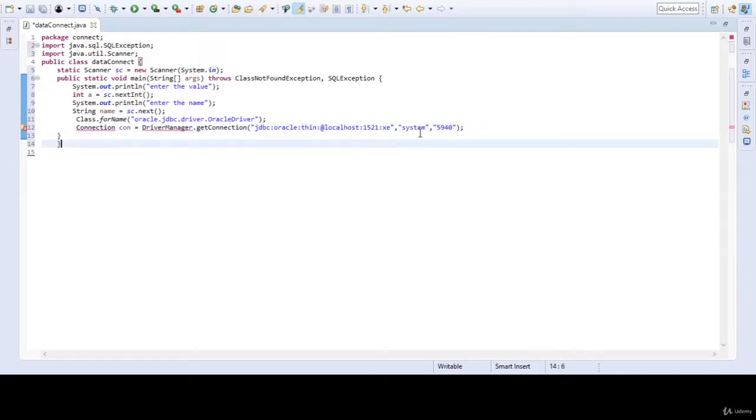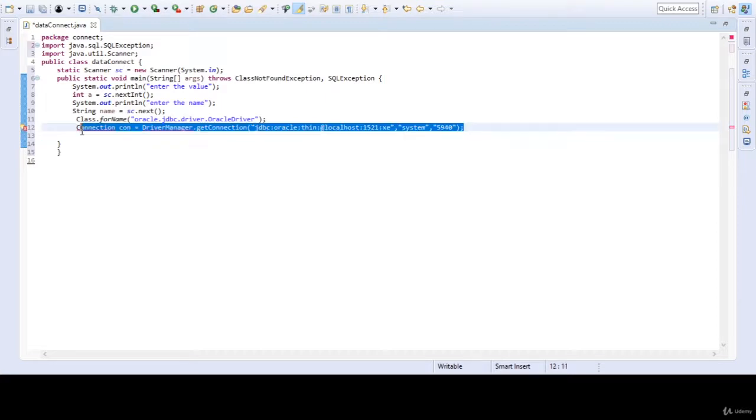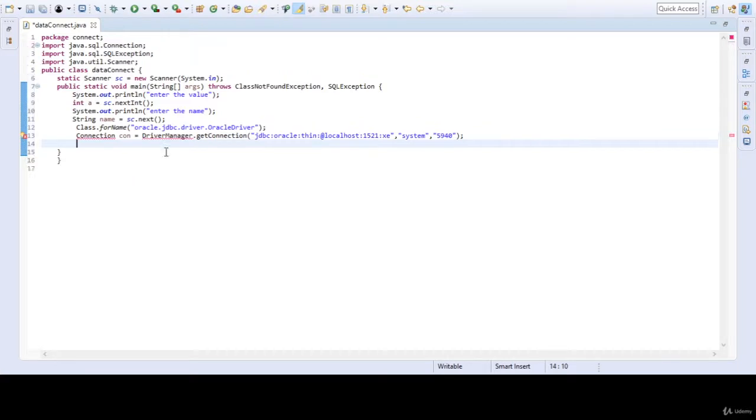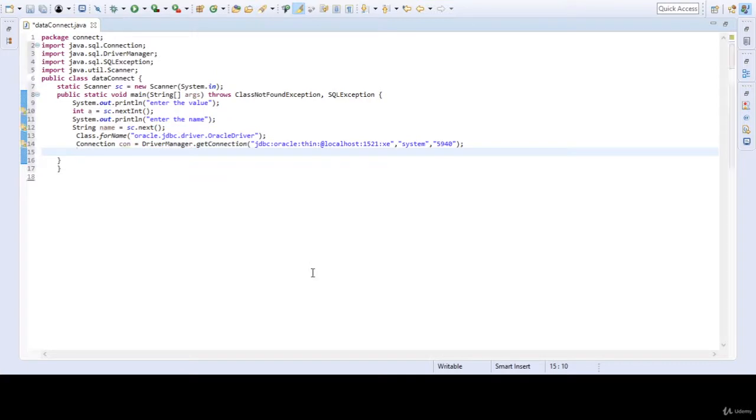I have connected system, and here is your password that you entered in SQL. Here it is showing errors. Why are these errors? This is the syntax; you have to follow this, and it has no logic. So you have to click here and import this Connection. If you import, you will also get to import DriverManager. After importing, the error will be gone.